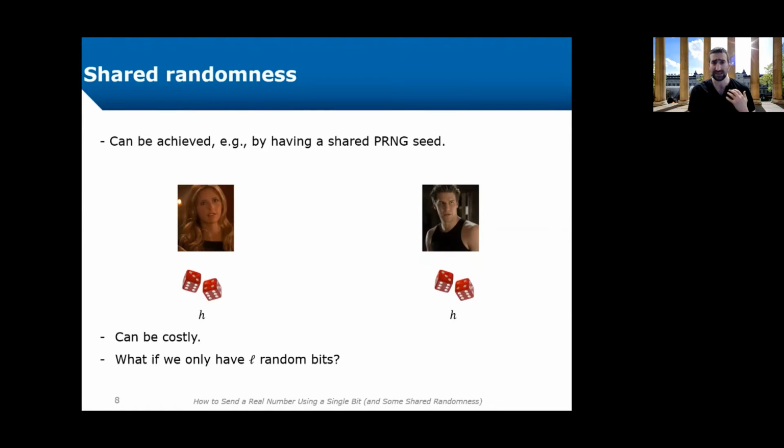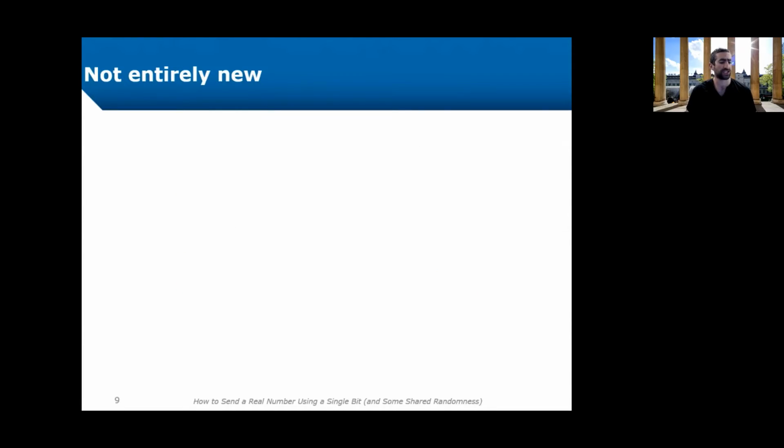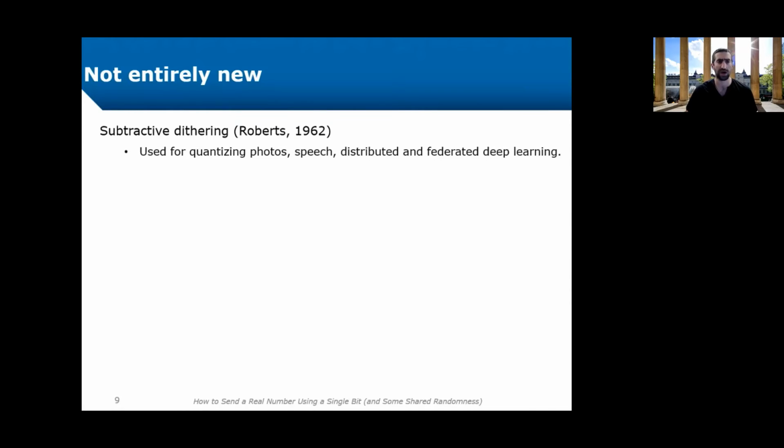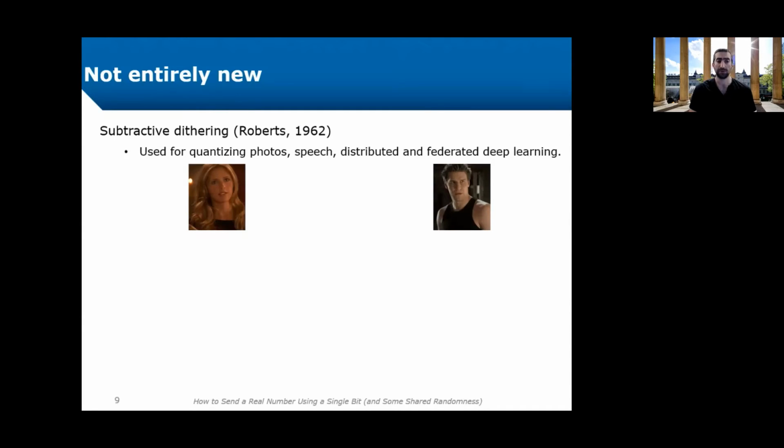Sending numbers with shared randomness is not really new. Actually, it's almost 60 years old. Subtractive dithering is a protocol that was first proposed for quantizing photos and speech, and lately it's been used for federated machine learning. In subtractive dithering, they both generate something called the noise H, which is a number uniformly distributed between -1/2 and 1/2.